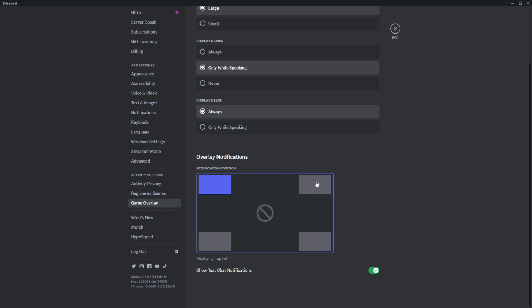Over here at the bottom you can also decide where you want the overlay to be placed. By default this is of course the top left corner, and if you want to you can also enable or disable text chat